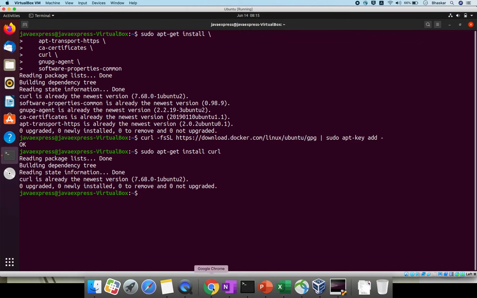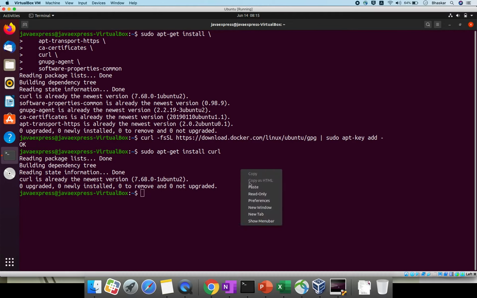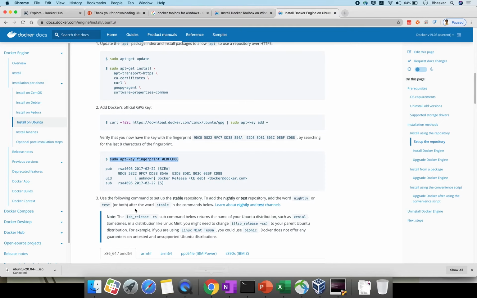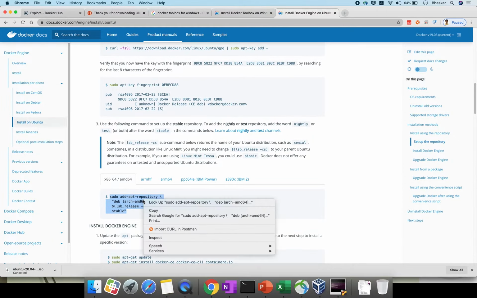Okay, next. Whenever you use the curl command, it will store some repositories. For those repositories, you check the fingerprint, to verify whether it really is correct from your side. For checking purposes, there is a public UID, these things, and let it be. Once these steps are done, go ahead and add the repository. This is your stable repository.